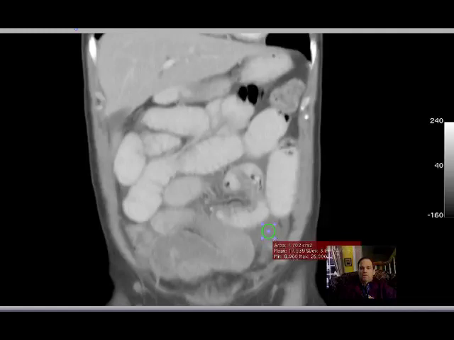a mean of 17 Hounsfield units, 18 Hounsfield units. Okay, so that 18 Hounsfield units is a little high for some types of ascites, or free fluid, but the situation is such that